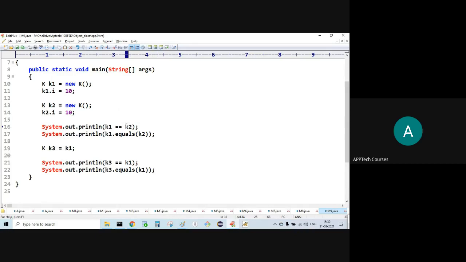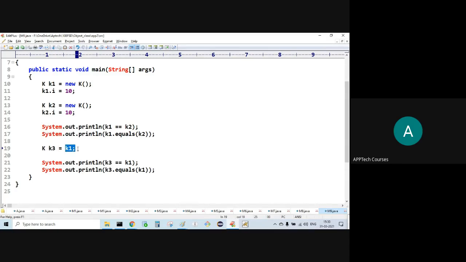K1 and K2 are different references, pointing to different objects. K1 is pointing to one object, and K2 is pointing to another object. Now I'm creating a reference K3, supplying K1.